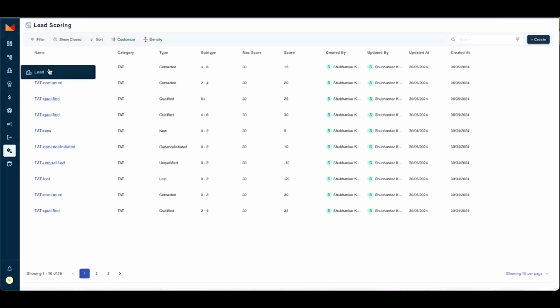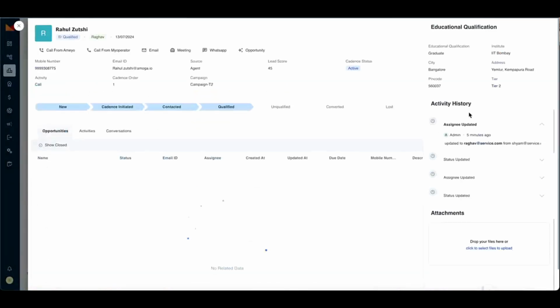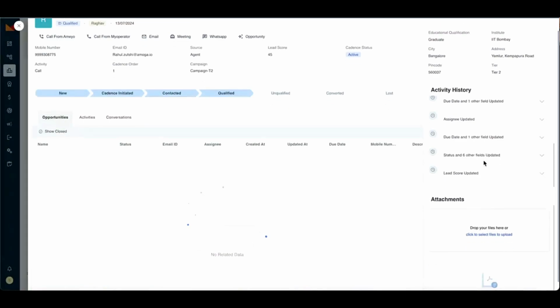That is why in our leads as well, you can see the lead score in the end, right? 45. These scores automatically get updated as and when we make changes to the lead. So here you can see lead score updated happened when the record was created, and it was automatically updated to